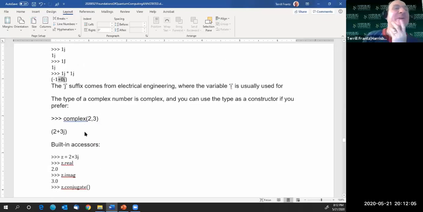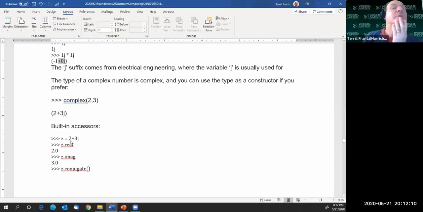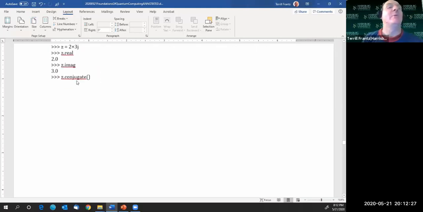So 2 comma 3 means 2 plus 3J, which means 3I. So it's built in. If I had a complex number Z, I'd assign Z the value of 2 plus 3J. I could say, what is the real component? And it'll say the 2. And what's the imaginary component? It'll indicate the 3. If I want to conjugate that,